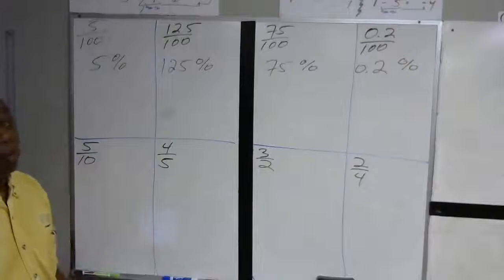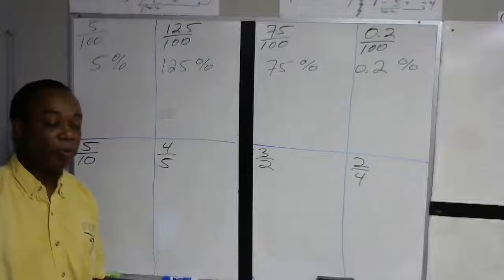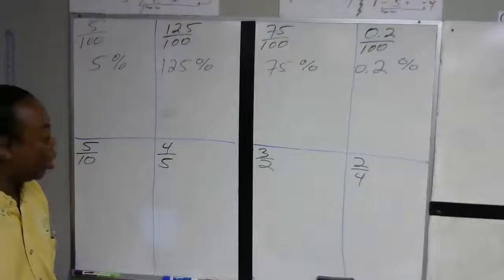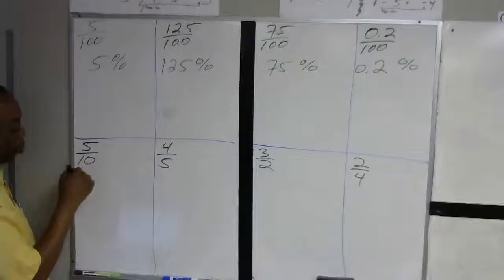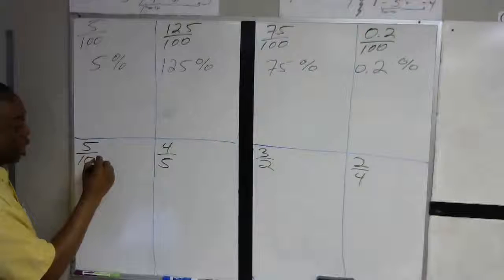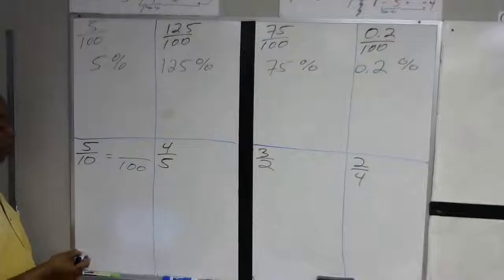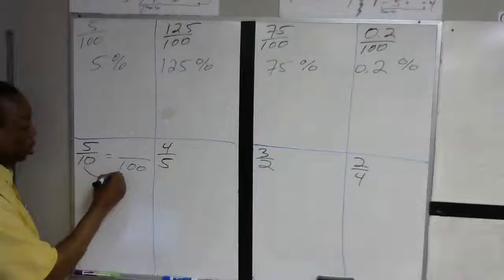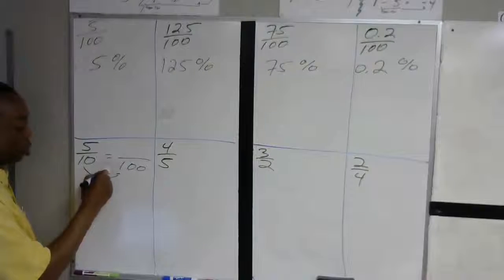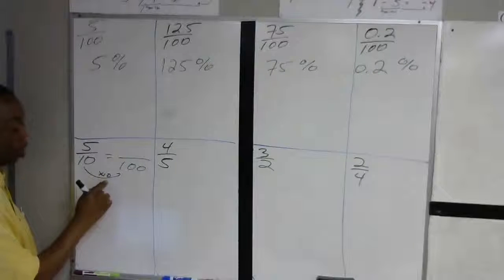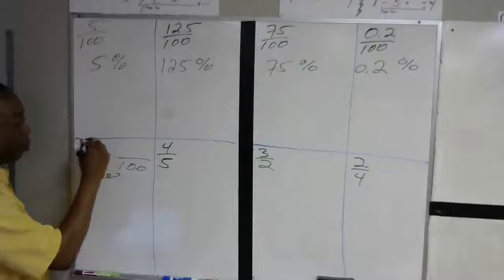Now, what happens when a number does not have 100 in the denominator? Well, we're going to create 100 in the denominator. So here, this is 10, and I want this to be 100 instead. So a multiplier. 10 times what goes to 100? And the answer is 10 times 10. Use that same multiplier for the numerator,